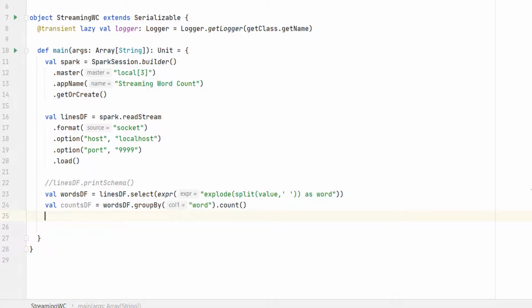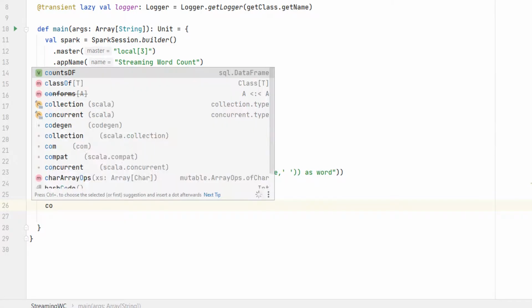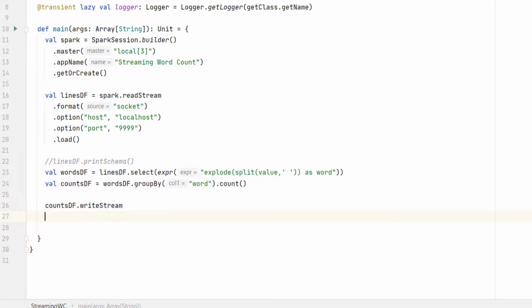Good. So now we have an output data frame. What is next? The third step is to write your data frame to a valid sink. Writing your output data frame is as simple as writing a data frame. So we start with the output data frame and call the writeStream method. The writeStream method gives you a data stream writer. The data stream writer is similar to the data frame writer. That means we set the format, then we set some necessary options and start the write operation. We want to write to the console, so the format is console.